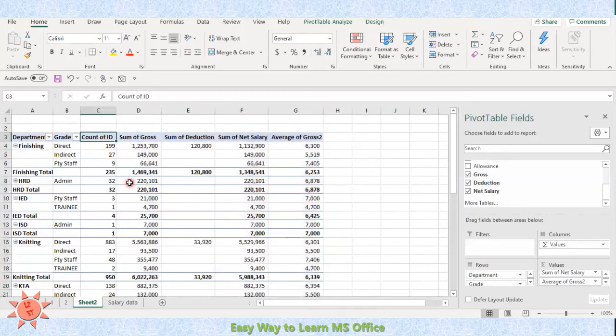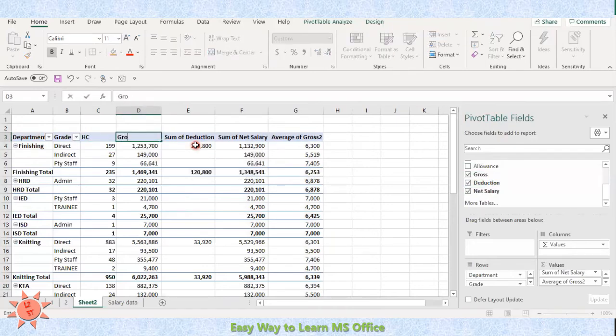And after that, now you want to change these headings. Easily you can make it, but you can't use this field name here, because this field name has already been identified in this field. Therefore, if you want to change it, you have to change it in a slightly different way, otherwise the system will not allow it. Now this one you can change to Head Count. Now gross.